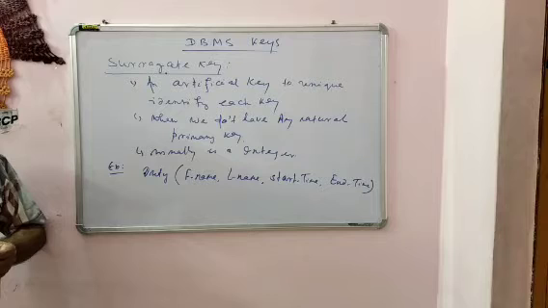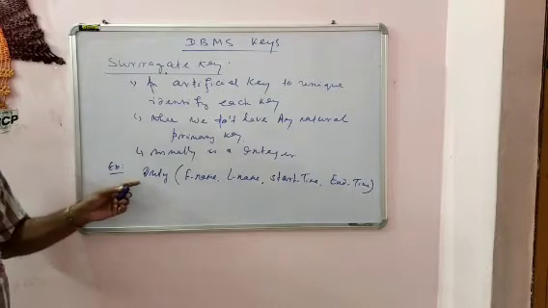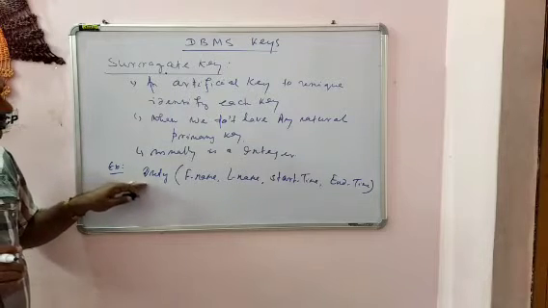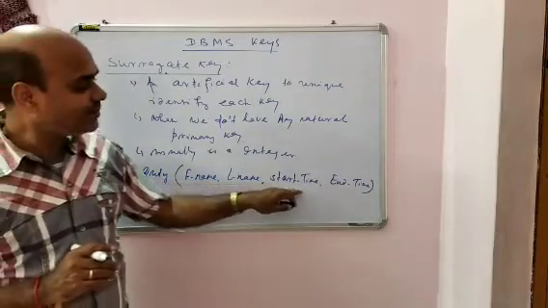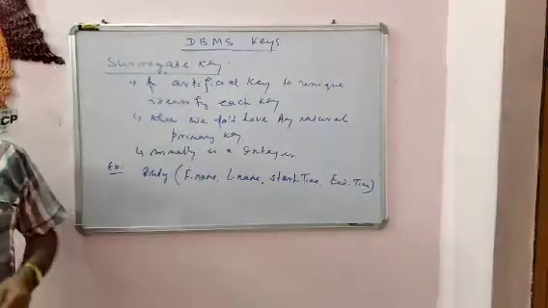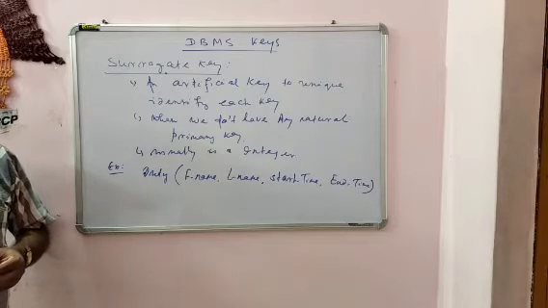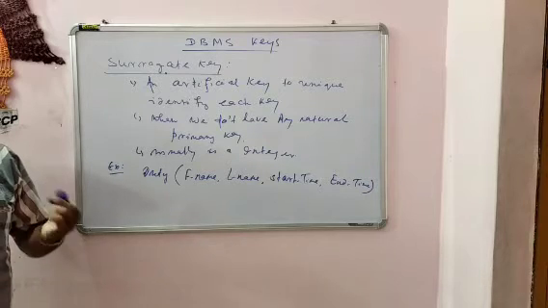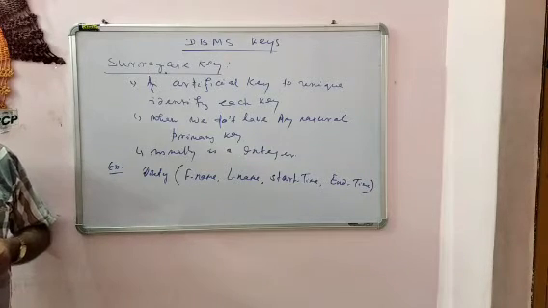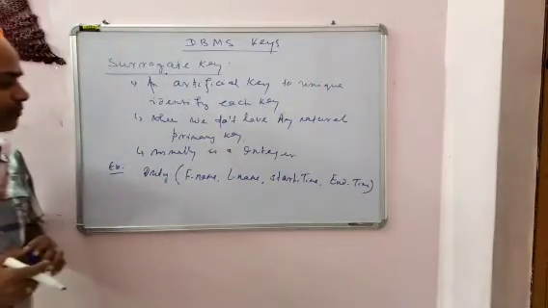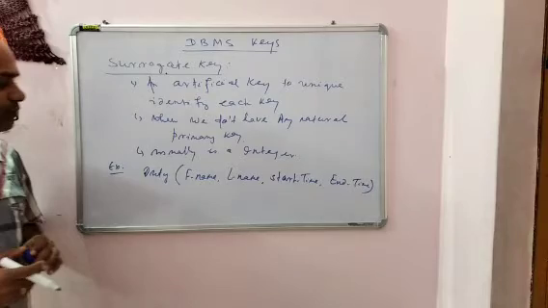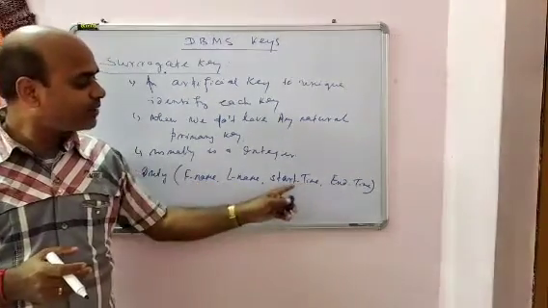In this case, a surrogate key is needed to uniquely identify each row of the employee duty chart table. In this duty chart table, there are attributes like first name, last name, start time and end time. So here a surrogate key is allowed. We can have different shifting timings for different employees. So all these columns could be considered for the surrogate key, because here not any one of them is the primary key.